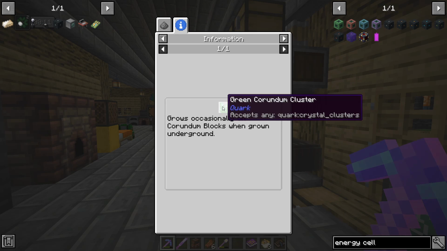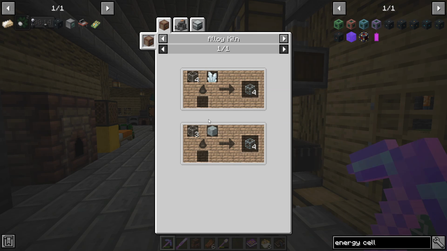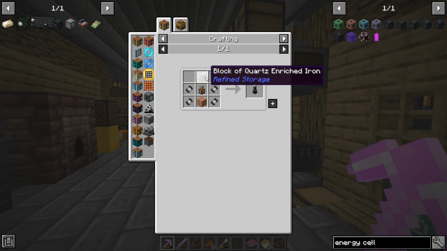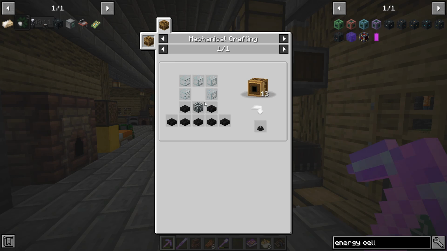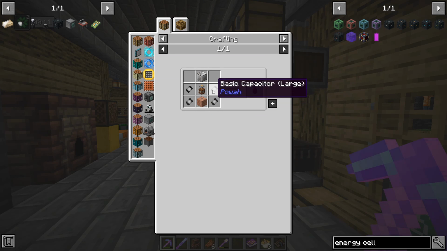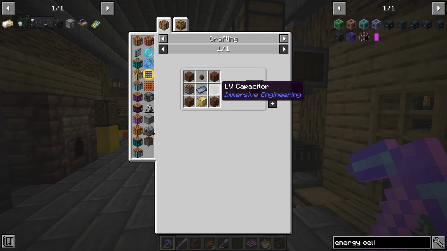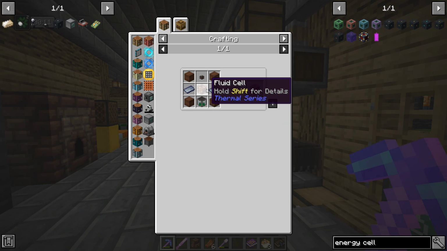We might try and find some of these corundum blocks. Yeah, we'll look at probably getting ourselves one of those energizing orbs. And then once we get that, we need at least one energizing rod, which requires these capacitors, which we can make. A Tesla coil. A bit of crafting, but...